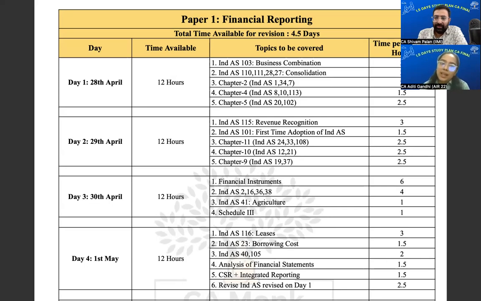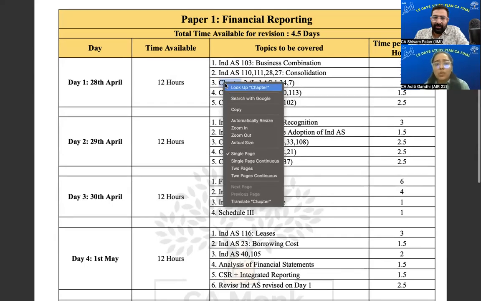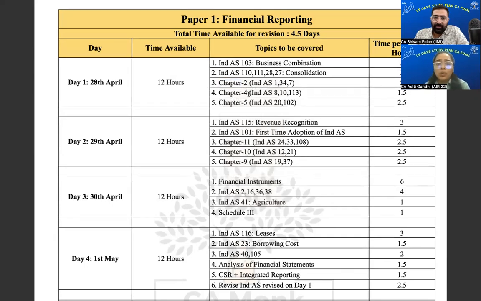और उसके बाद सेकेंड हाफ में मैंने सारे लाइट वाले इंडेक्स रखे हैं क्योंकि बिजनेस कॉम्बिनेशन थोड़ा ज्यादा हो गया था। Ind AS 34, 7 यानी इंटरिम फाइनेंशियल रिपोर्टिंग, कैश फ्लो स्टेटमेंट। 8 is also there, and 10 is events after balance sheet date. फिर prior period items, fair value measurement, ये सारे आधे-आधे घंटे के इंडेक्स हैं।